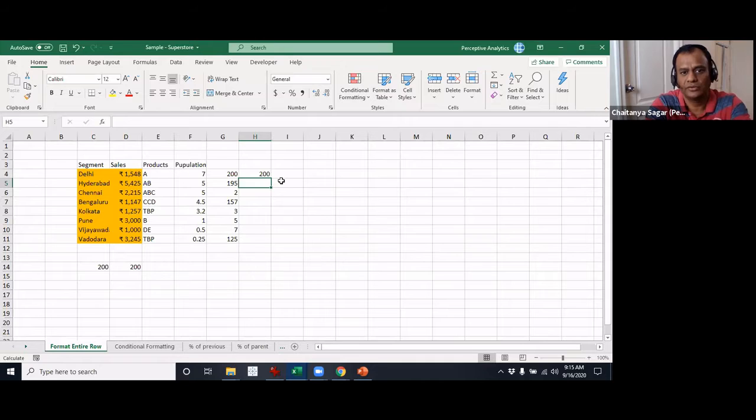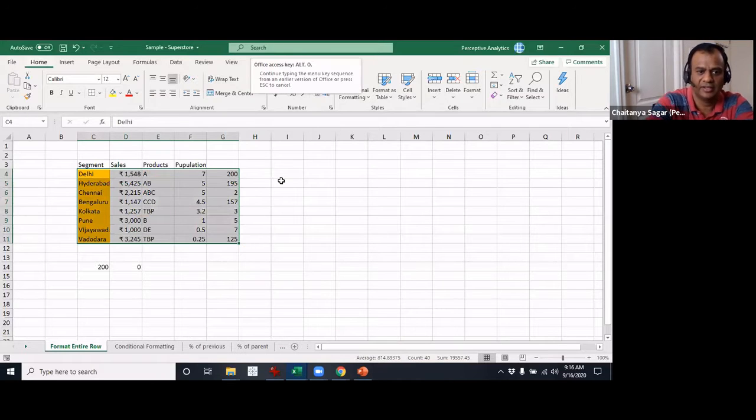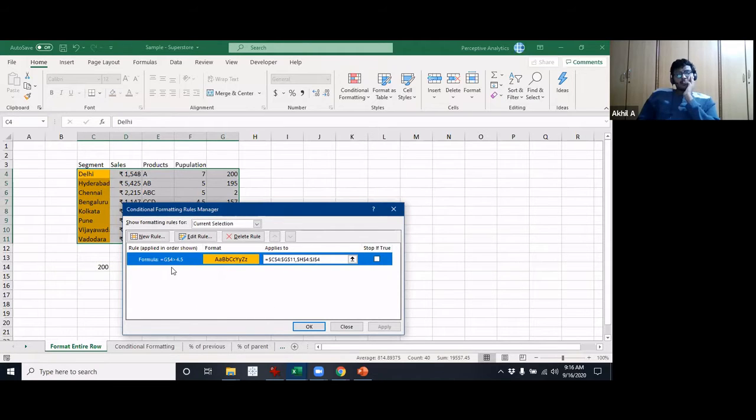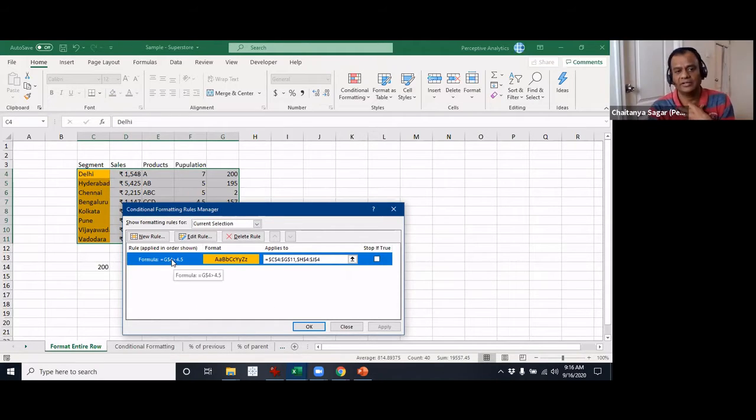You can continue to do that and so on and so forth. Got it, right? I'll remove this. What's the reason the entire column is getting highlighted? Because we applied the rule to that particular range. We anchored the row to 4. Yeah, exactly. We anchored the row, and that's the reason why it's getting applied to the entire thing.